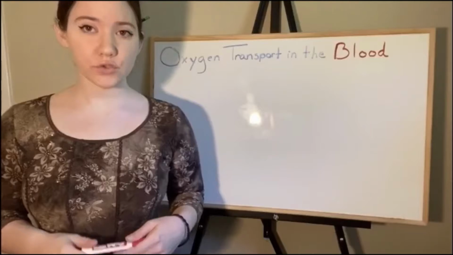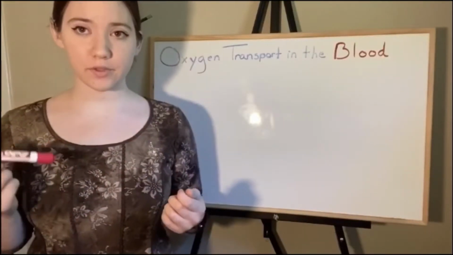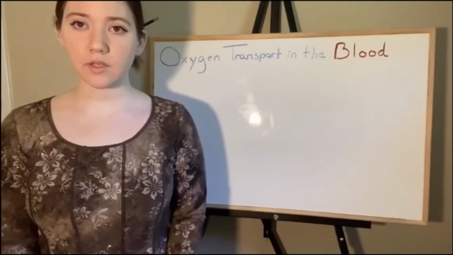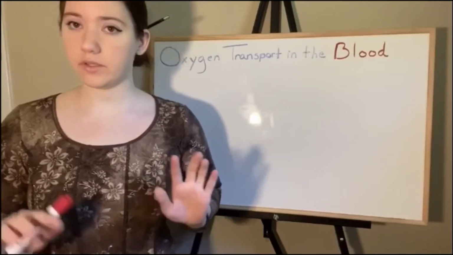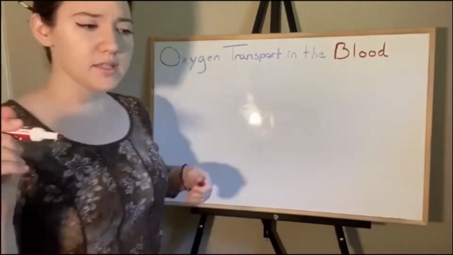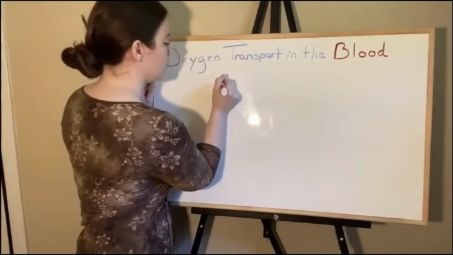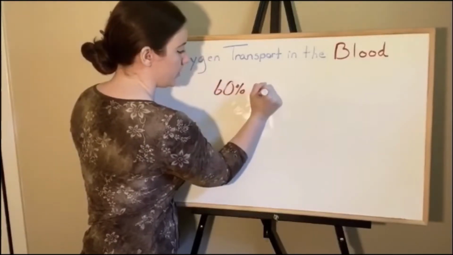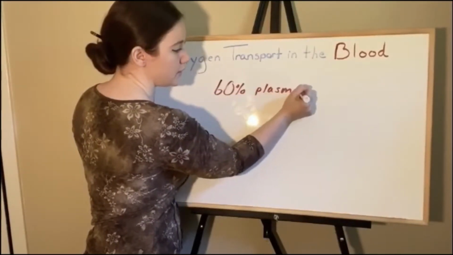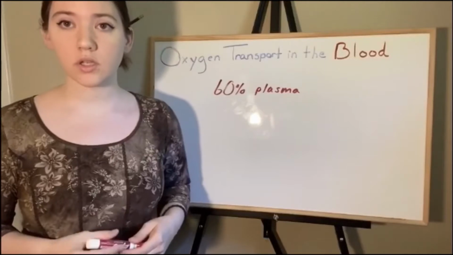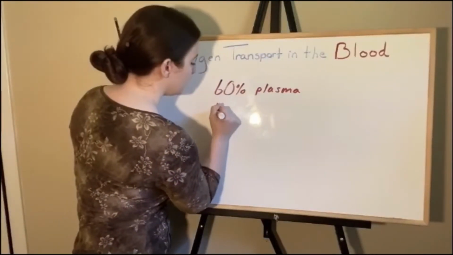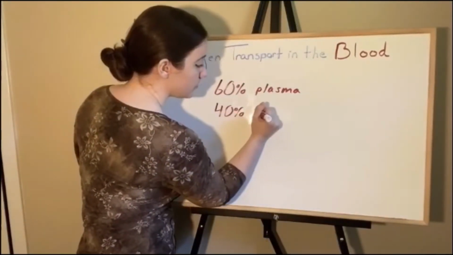To know how oxygen is transported in the blood, first you have to get familiar with the blood itself. In an adult human, there's about 5 liters of blood circulating throughout the system at any given time. 60% or so of that blood is what's known as plasma, which is a watery substance that contains proteins, fats, and sugars. And then the other 40% contains white blood cells for use in the immune system,